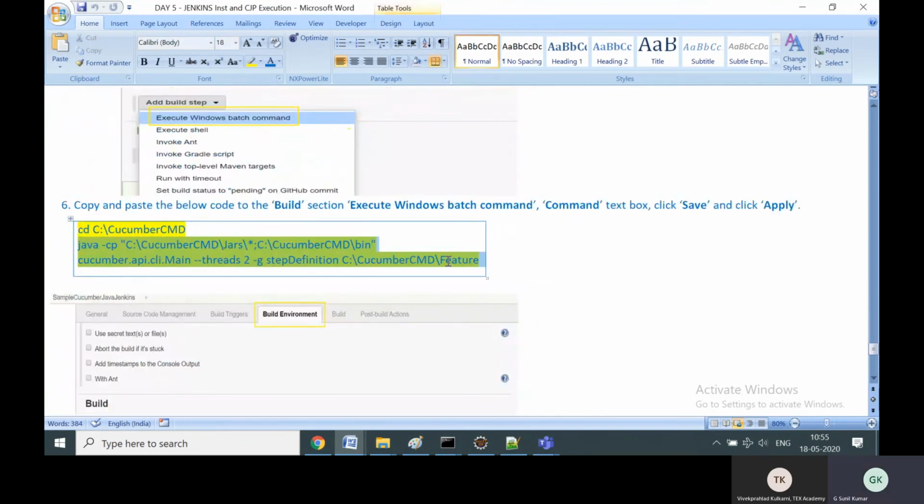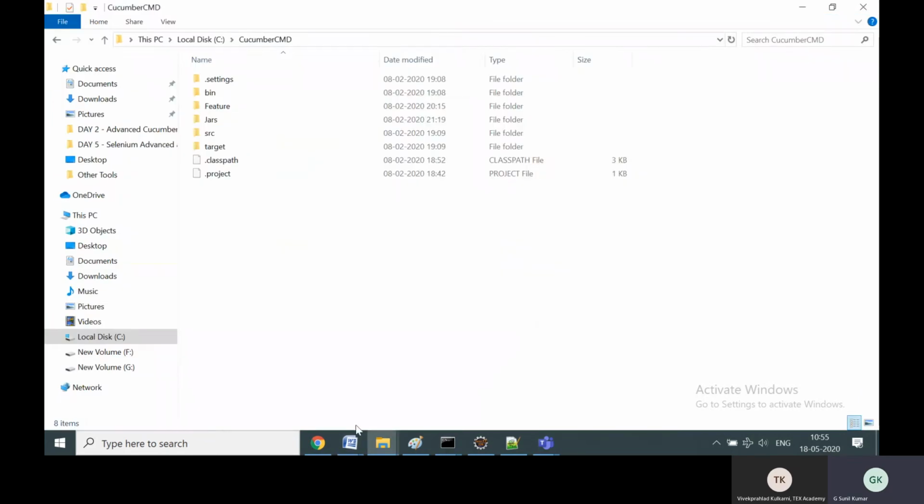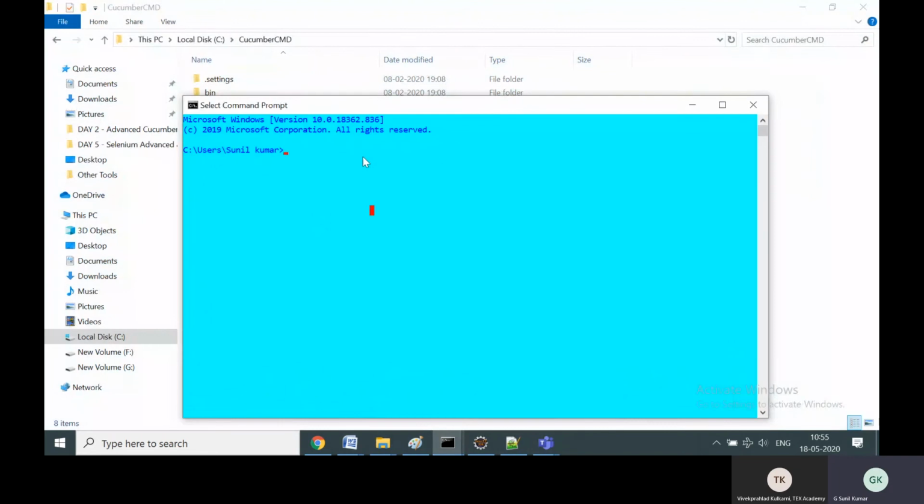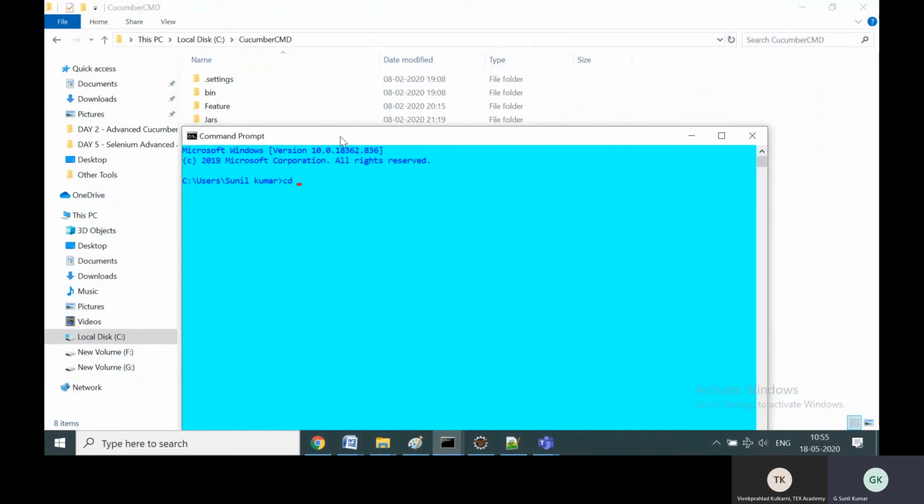See, this is the command to execute that particular Cucumber Java project from local. So I opened a CMD, just open a CMD and go to the location: cd C colon Cucumber CMD.